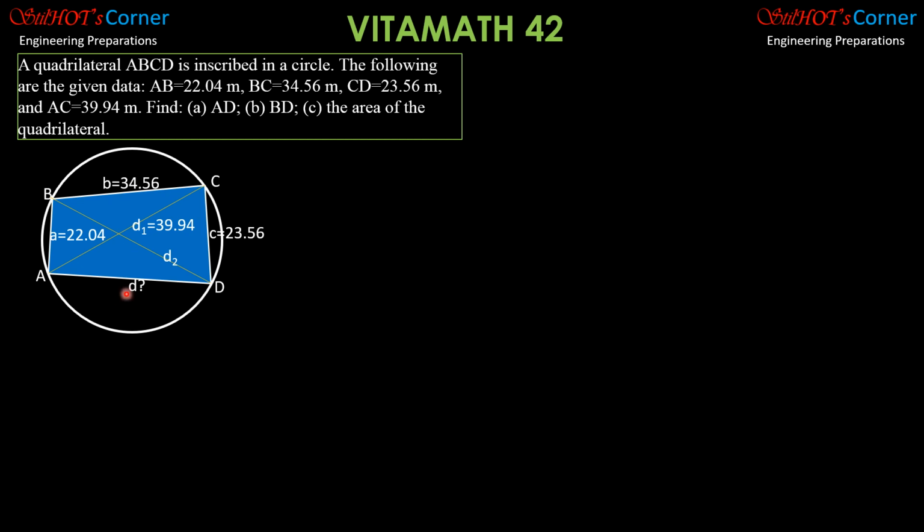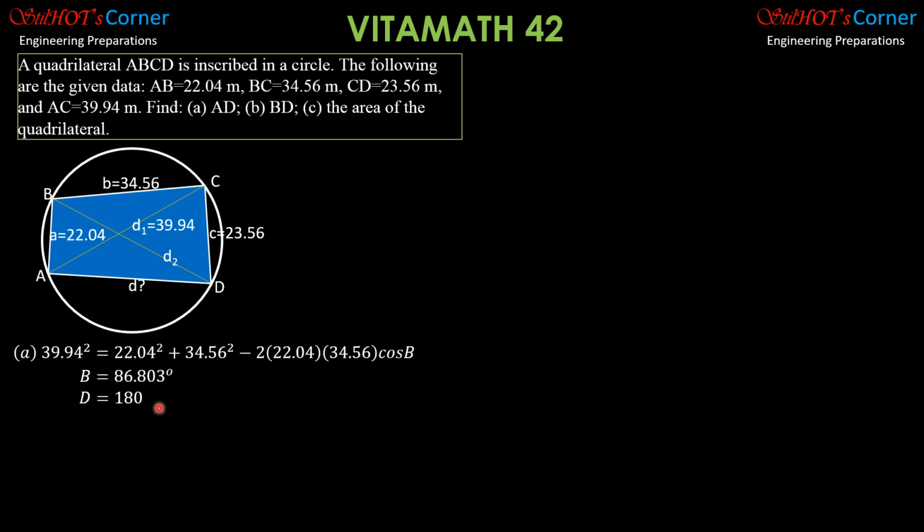For part A, apply cosine law in triangle ABC. So we have 39.94 squared equals 22.04 squared plus 34.56 squared minus 2 times 22.04 times 34.56 times cosine of angle B. Using your calculator, angle B is equal to 86.803 degrees. By principle, angle D is 180 degrees minus angle B, so 180 degrees minus 86.803 degrees,